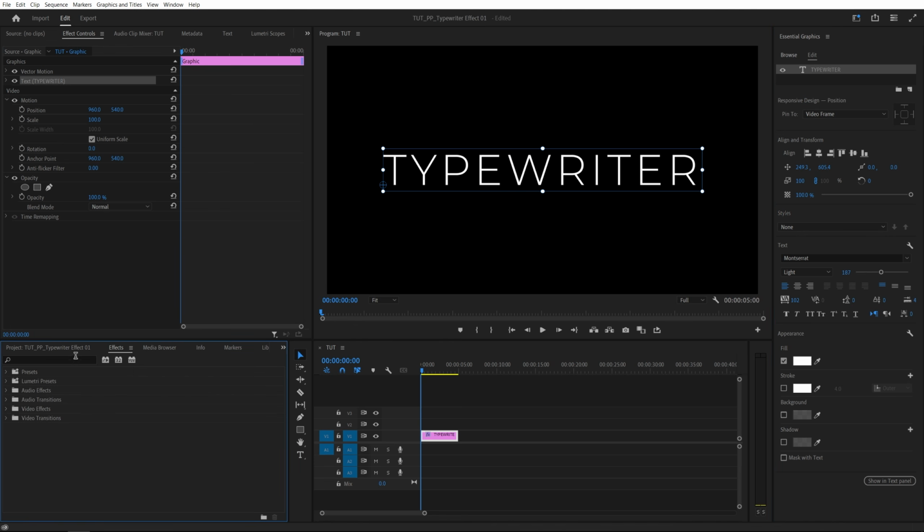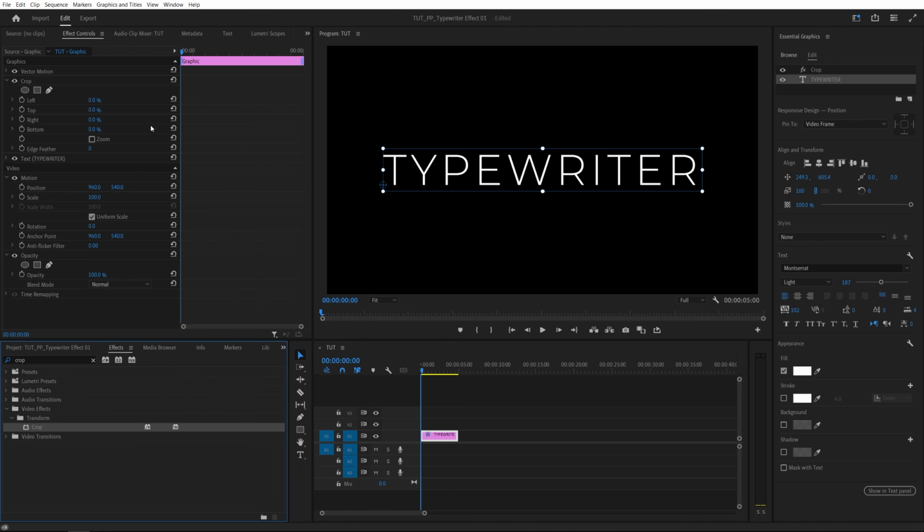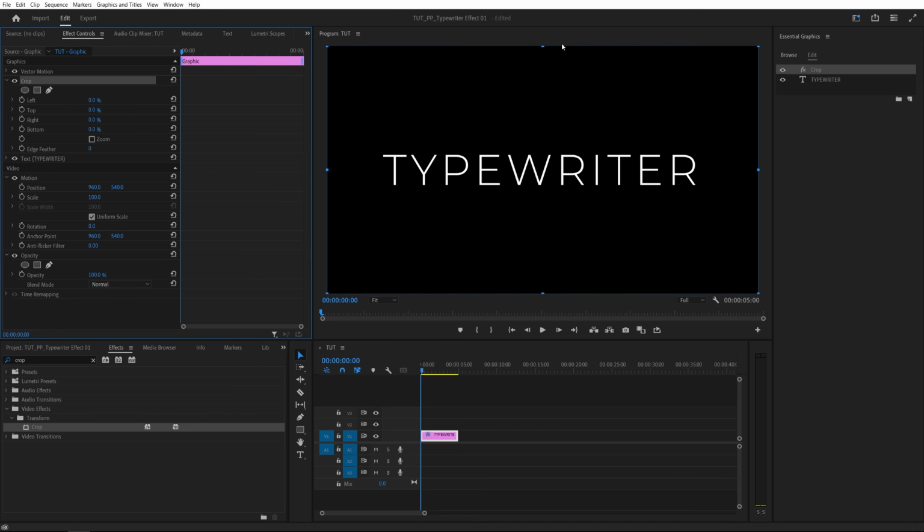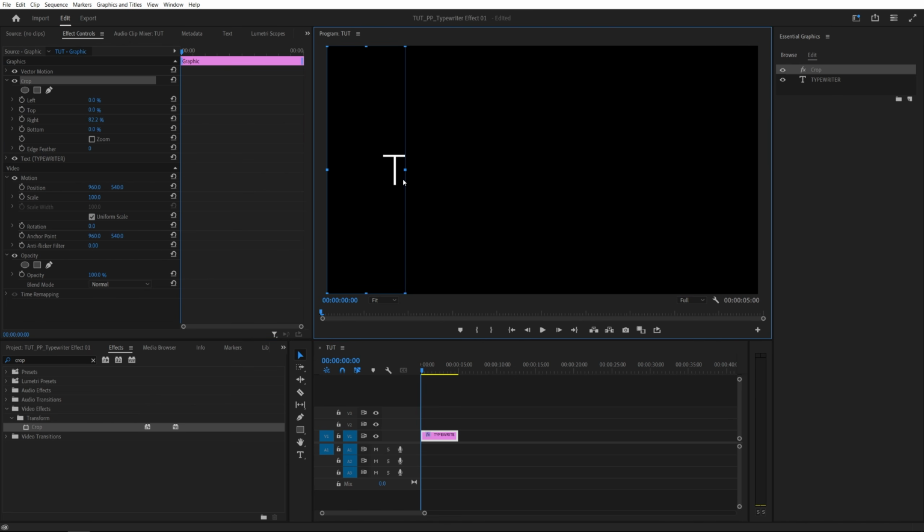Then we're going to open the Effects window and search for Crop. Then add the crop effect to the text layer. Head over to the Effect Controls panel and click on the crop effect. Then you should get these 4 crop indicators in the preview window, and the one we need is on the right. So if we simply drag it and move it to the left until the text is not visible, then